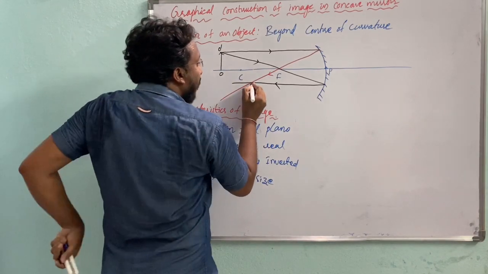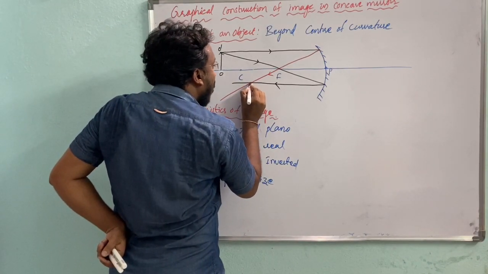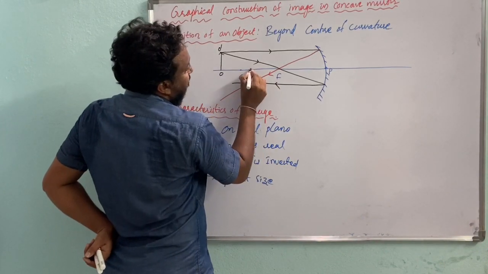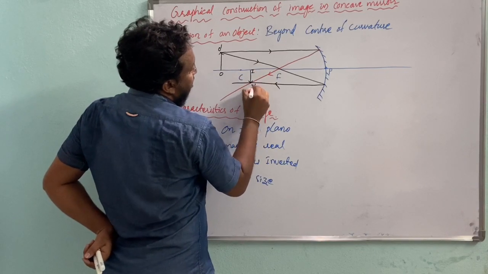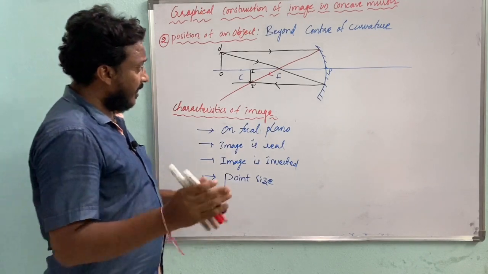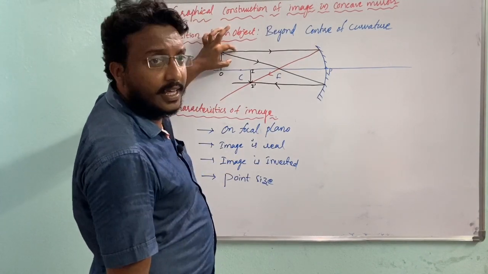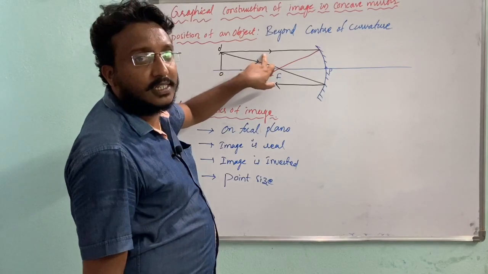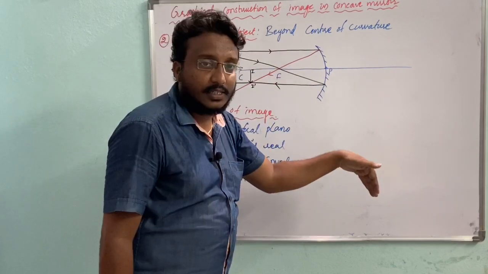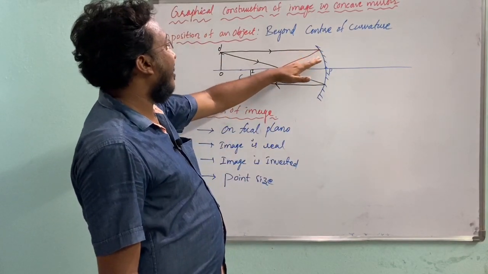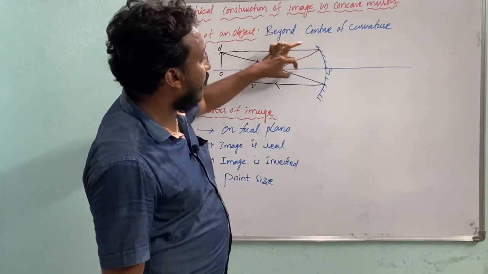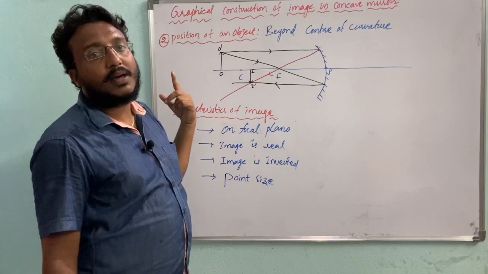Right. Then from the point of intersection, we have to draw a normal to the principal axis. Then it gives the image I dash. Have you got it? Easy to draw or not? Easy to find. Here I have taken two rays. One ray is parallel to the principal axis. Another ray passes through the focus. If the incident ray is parallel, after reflection it passes through the focus, and if the incident ray passes through the focus, after reflection it passes parallel to the principal axis.